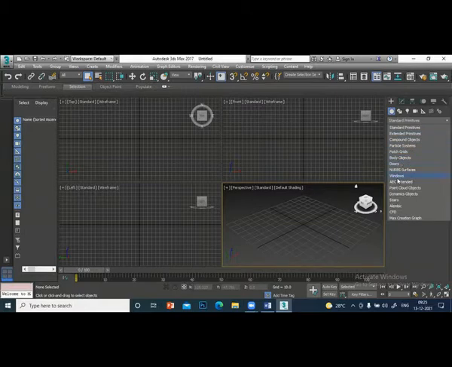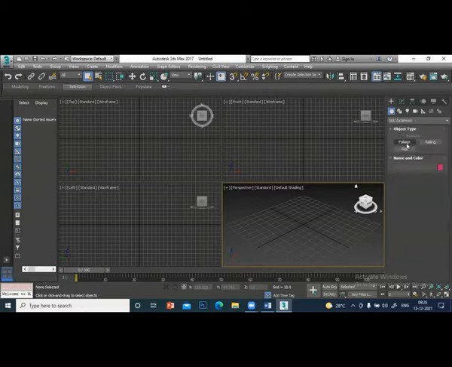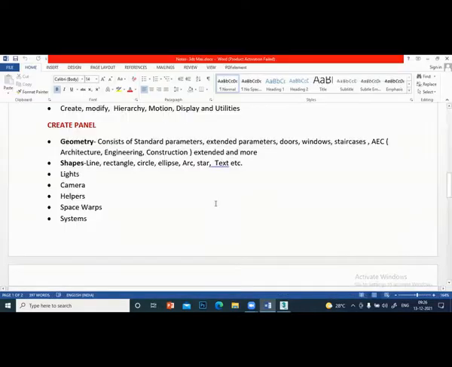Doors, windows, staircases, and there is one AEC extended. AEC means architecture, engineering, and construction. AEC extended has foliage, that is the trees, railing, wall. So you write down that.